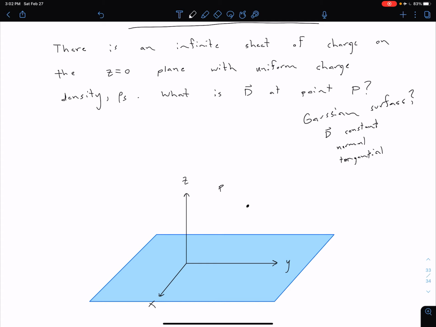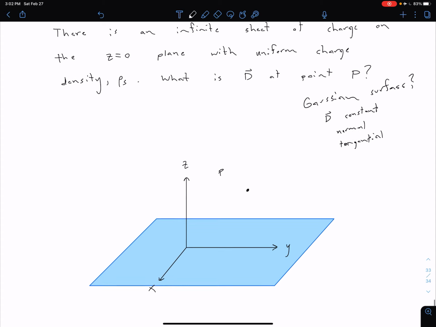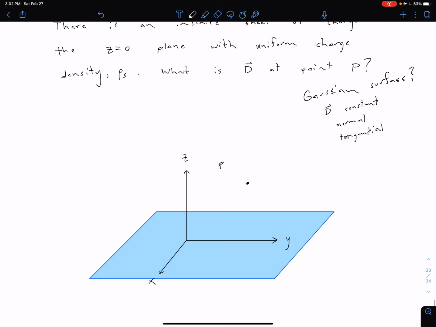So we might think, yeah, it should depend on z, how far away we are from the sheet, and we'll come back to that in a little bit, but certainly we can see that our charge density depends on z, but that's the only thing it depends on. So if we're at z equals 0, we have the charge density of our charge sheet. If we're at any other z, we do not have that. So because of that, we're going to say that we have rectangular symmetry, and we're going to use a rectangle